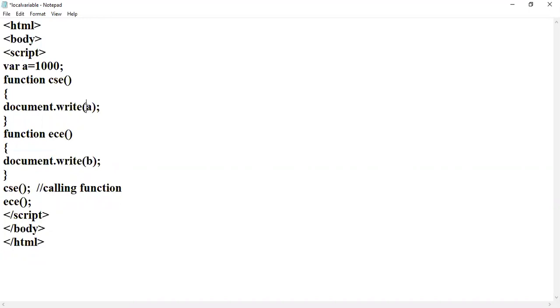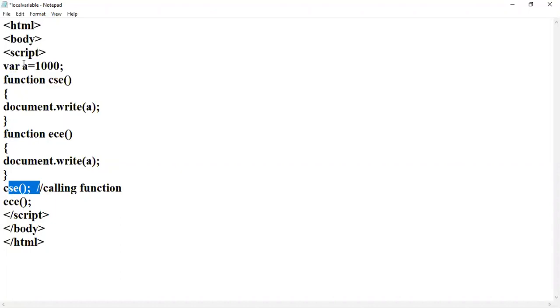I will change the variable to a and a here. I'm changing the variable in the CSC and in the ECE also. I have written document.write(a), document.write(a). So I want to print the value 1000 in both the functions. I'm calling the functions as they are.